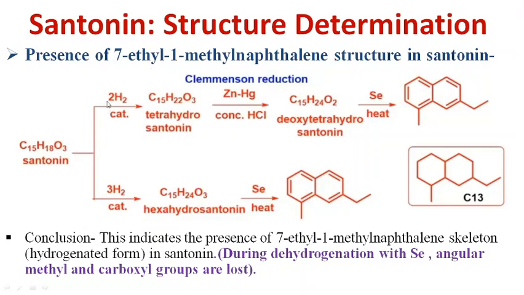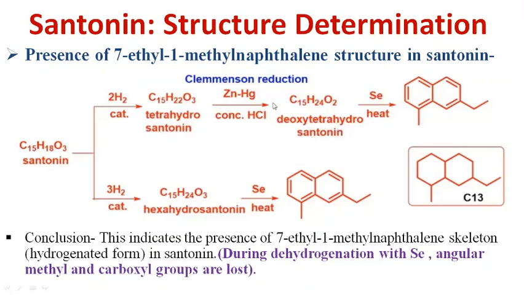Next very important structure determination point is the presence of 7-ethyl 1-methyl naphthalene structure in Santonin. As we have to now justify the positions of double bonds, the position of the lactone ring and the position of the methyl groups present in the Santonin. As you can see, Santonin on catalytic hydrogenation forms tetrahydrosantonin, which on Clemmensen reduction yields